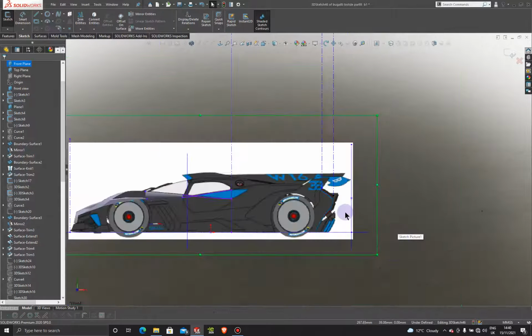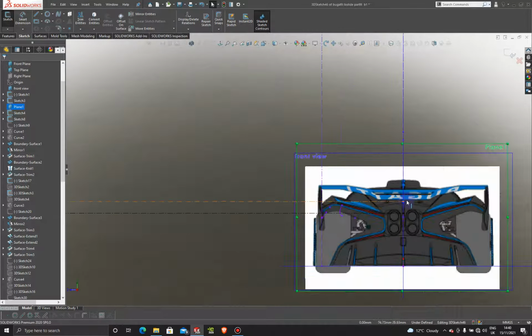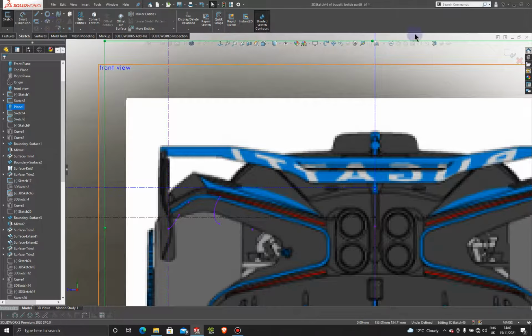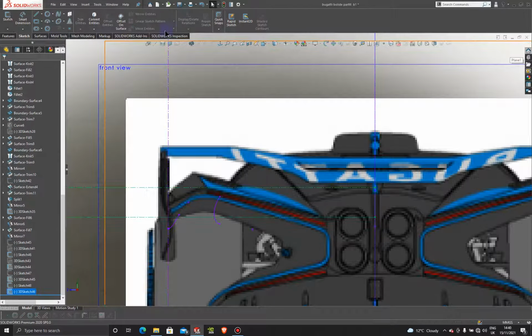Okay, so that's good. And we're going to jump into this view here and exit the sketch. And we're going to jump into a 3D sketch, and let's add a 3D point. And our 3D point is going to start from, well, basically